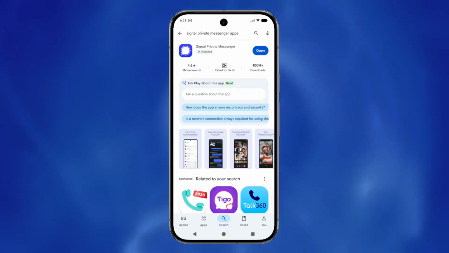Once the update is complete, you need to restart your phone. Restarting ensures all the new permissions and updates take effect properly. And that's it. You've now fixed the Signal app's voice recording issue by adjusting permissions, updating the app, and